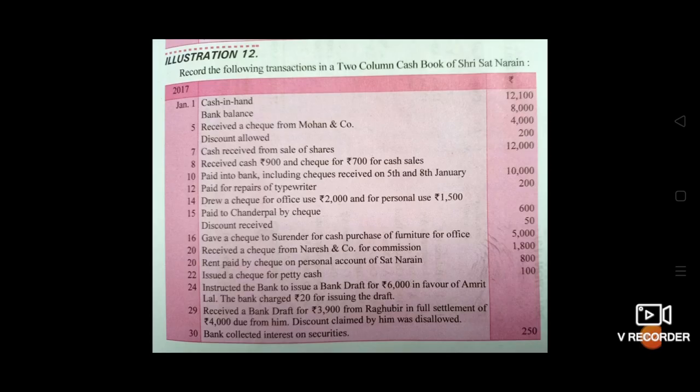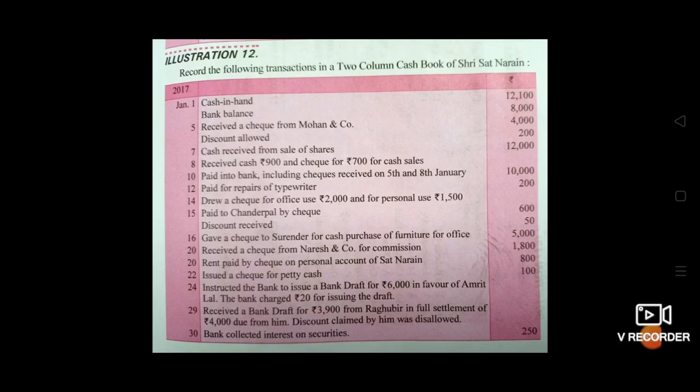5th January, received a check from Mohan and Company rupees 4,000 and discount allowed rupees 200. As this check is received from Mohan and Company and they told us that this check was deposited on 10th into bank, so on 5th January we have to pass journal entry into journal proper for this transaction,